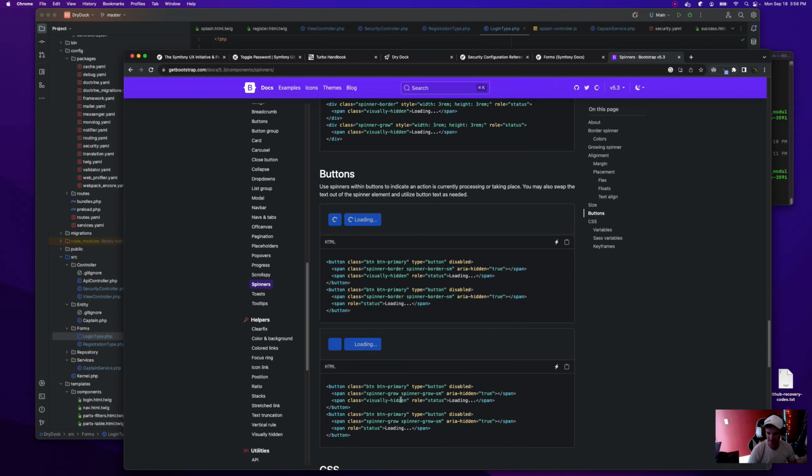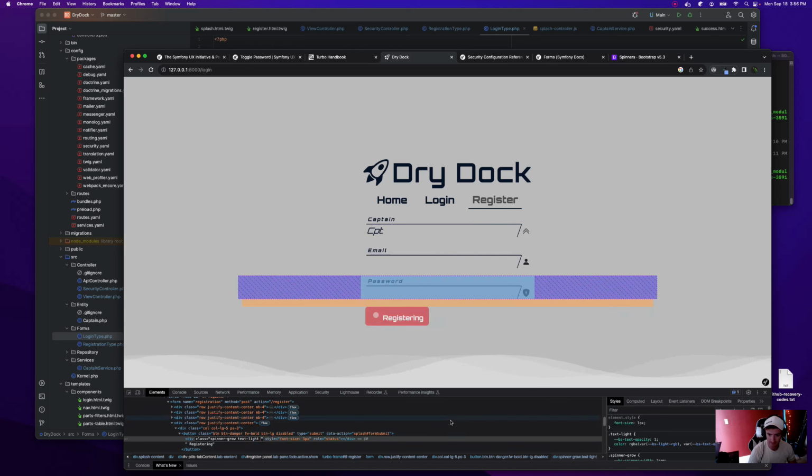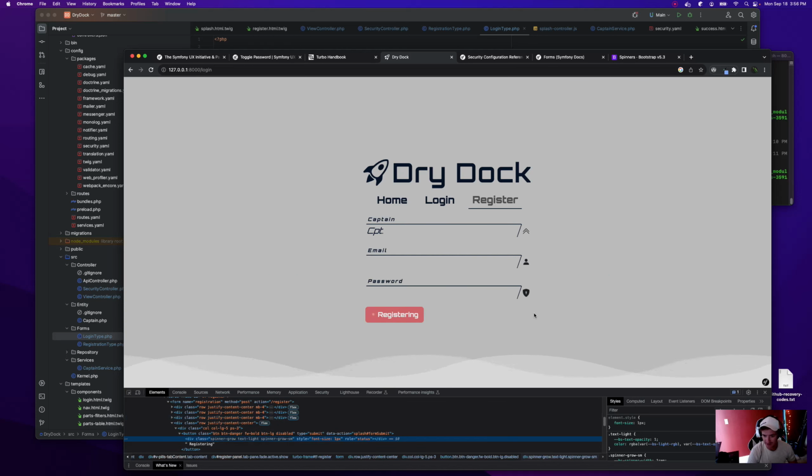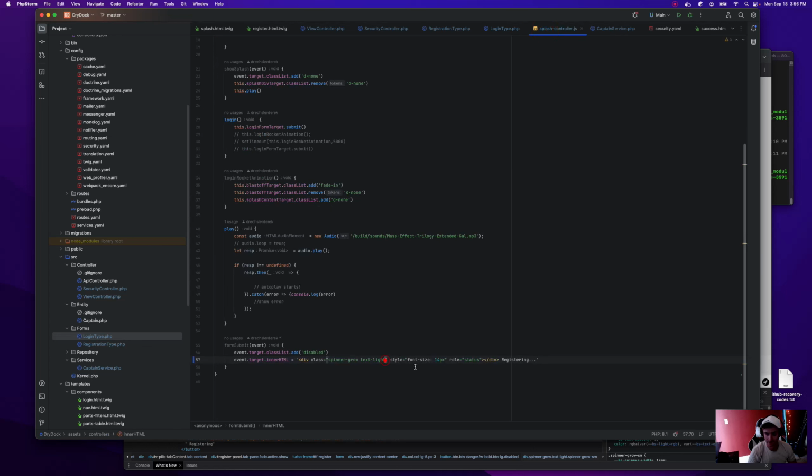Spinner, grow, small. Hey, there we go. All right. Spinner, grow, small. Boom, boom, boom. Okay, now we're good on that.